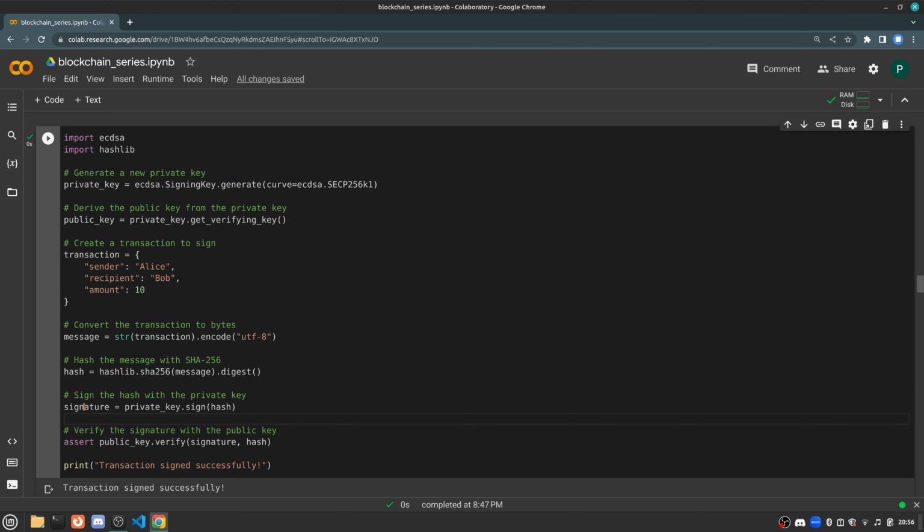So then we create a new object that's called signature, and signature will be equal to the private key dot sign and the piece of data that we're interested in signing. Now, once we've signed the data, we can come in here and use our public key, and we can say assert this data using my public key